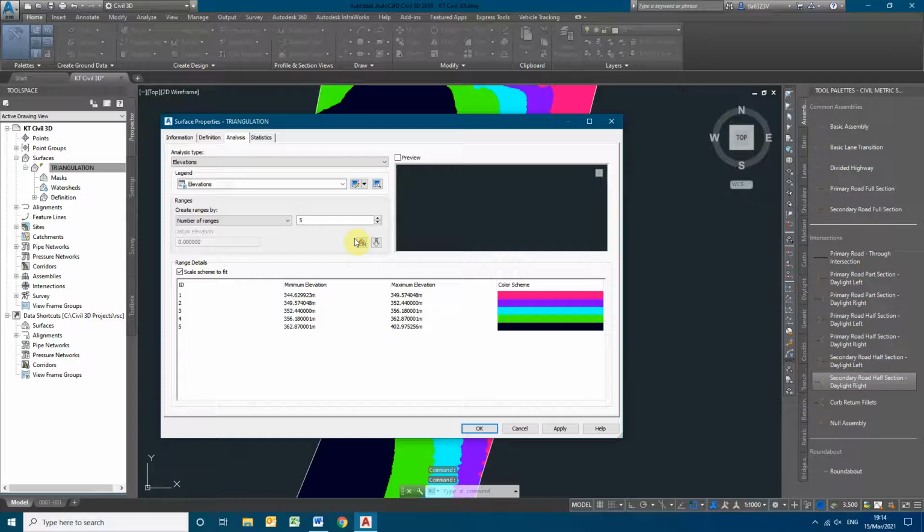In the same way we can even give the ranges here: 340, 360.